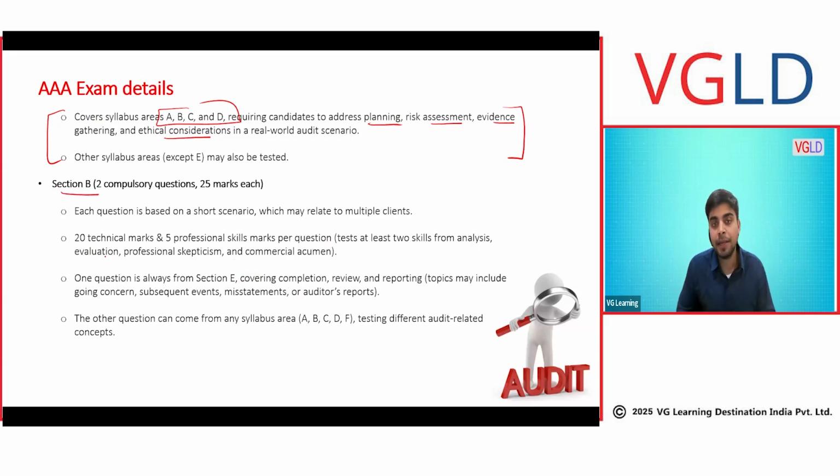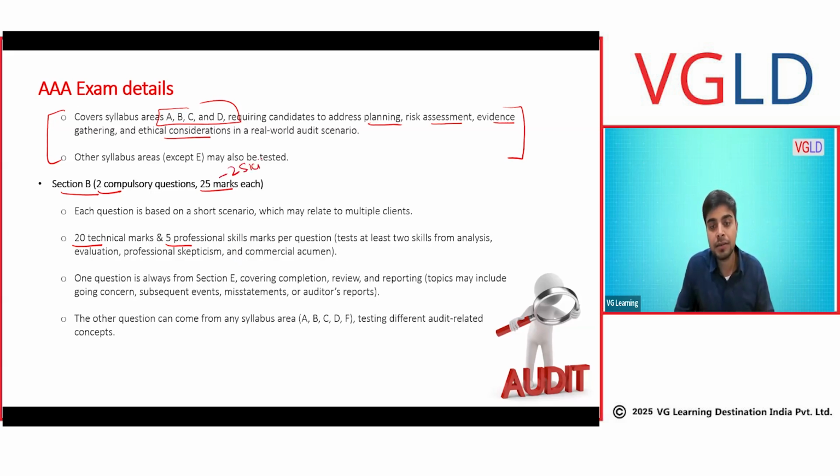Now, in section B, what will be the area that will be tested? Well, there will be 2 compulsory questions, 25 marks each. Again, this question is basically 20 based on your technical knowledge and 5 based on your professional skills. Now, there are 5 marks, and unlike the previous section A question, for each single question, you will be tested